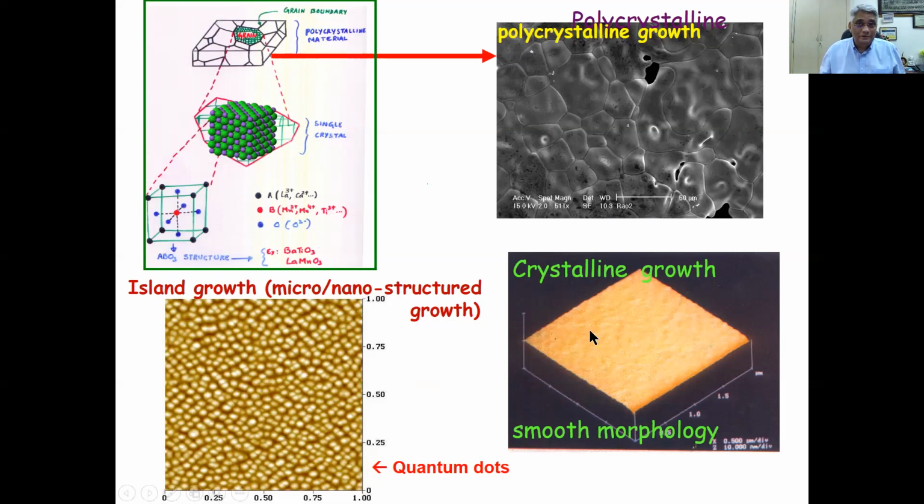So the surface smoothness plays a very crucial role during the thin film growth process, physical property measurements, and applications. But I keep talking about the fact that grain boundaries of this nature, what you see on the screen, you don't want them, because now you could more or less guess what happens if I get a material. Go back to the example of silicon. If I get silicon in a single crystalline form and the same silicon in a polycrystalline form,